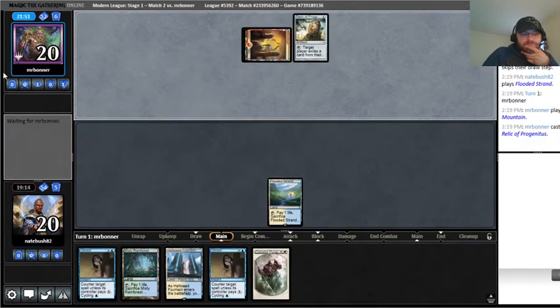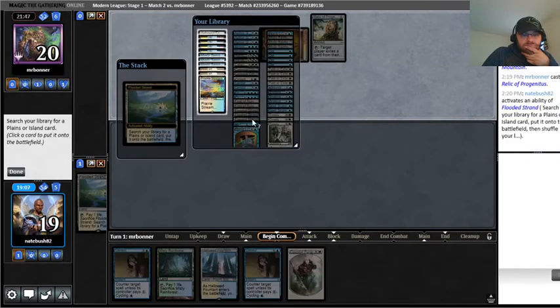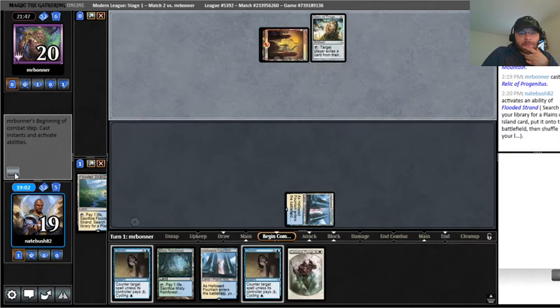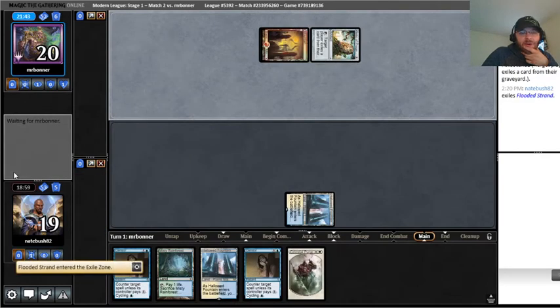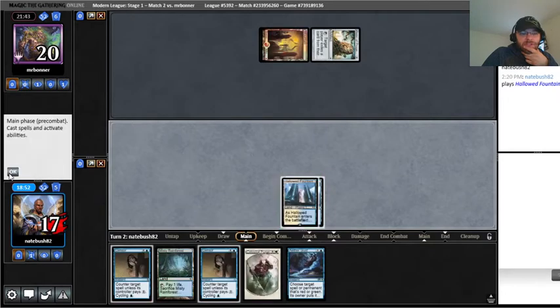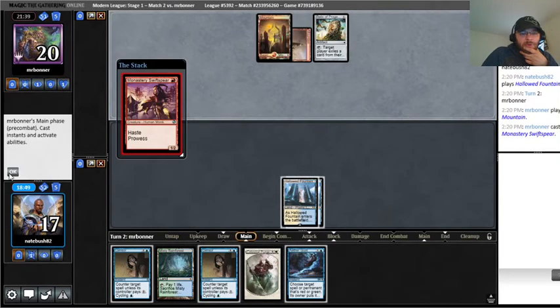Cool. I would definitely rather them start out the game playing a Relic of Progenitus than like a Swift Spear or a Soul Scar Mage or whatever. Like almost every time, I think. That's a good draw. Let's just go ahead and take this too. So now we're incredibly live. And the question is...